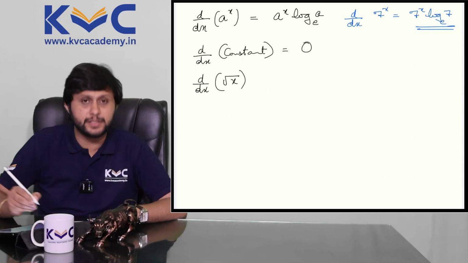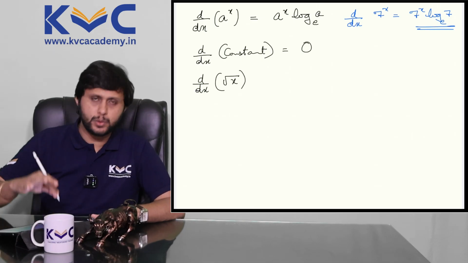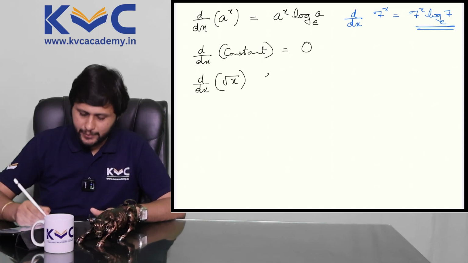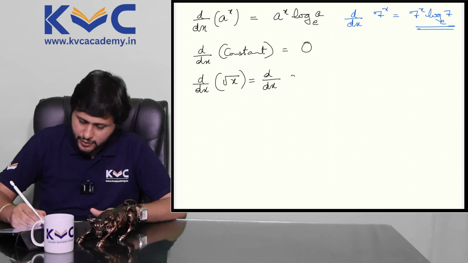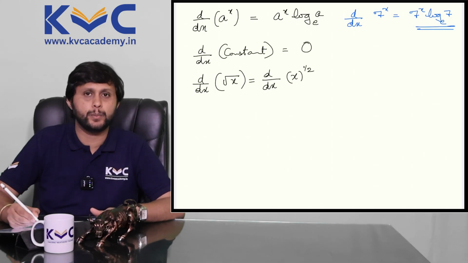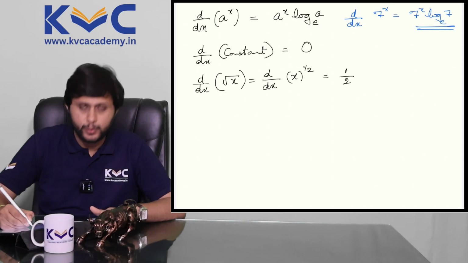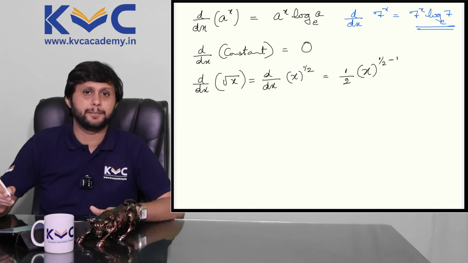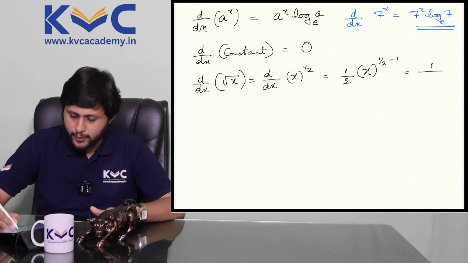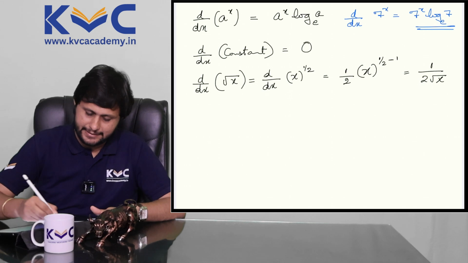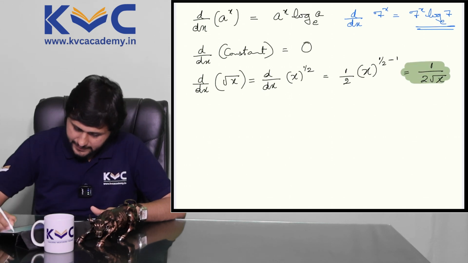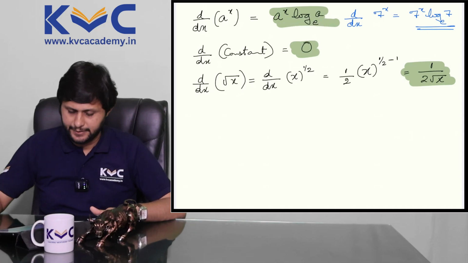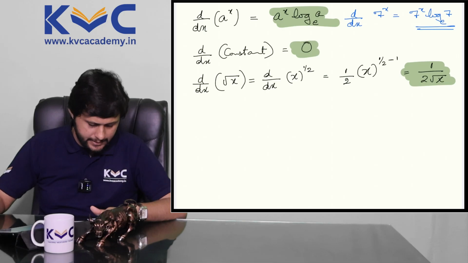Next, we have differentiation of root x. Now, this also is in the form of x to the power n. How is that? X to the power 1 by 2, right? Now, this I can write as differentiation of x to the power 1 by 2. So it becomes 1 by 2 into x to the power 1 by 2 minus 1. And when we simplify, we get 1 by 2 root x. Fine. So we have taken these standard